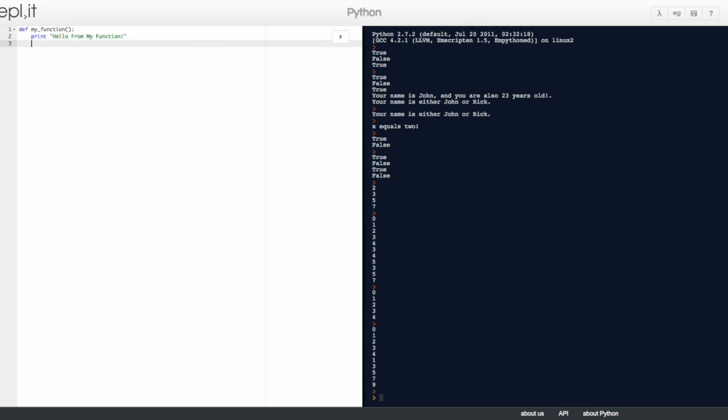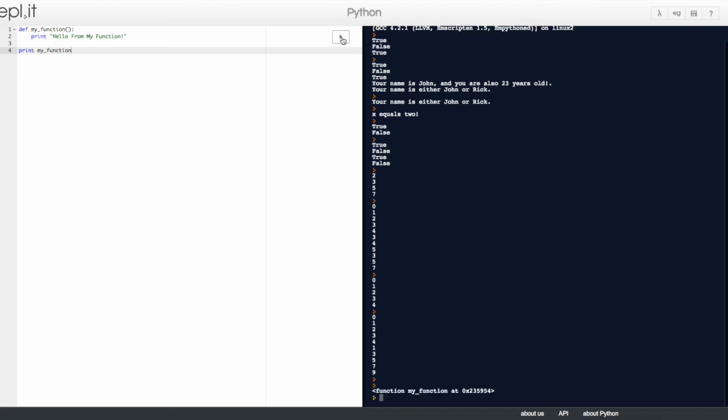Okay, and then we can also say, then we want to print my function. So the function is a function. Well, it's kind of, because I didn't put any arguments in there, but basically it prints out this thing here.